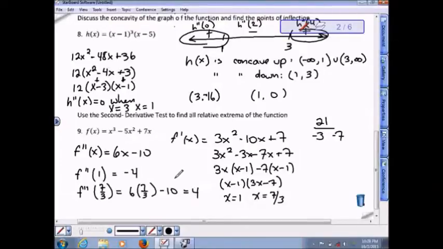Now the second derivative says if you take a critical number in the second derivative and it's negative, that means the graph is concave down. So it's a graph that's kind of curved downward, concave down. The critical value then would be the top. That makes it a maximum value. So we know there's a maximum value